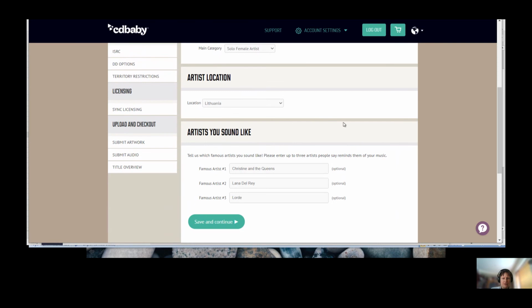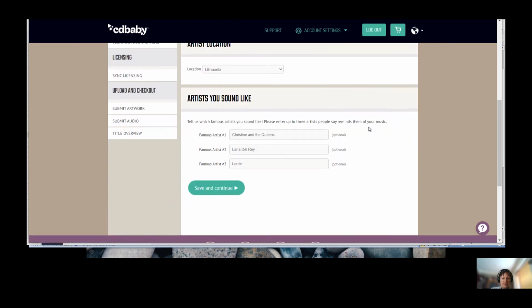Artist location is Lithuania in my case, and artists you sound like, 3 famous artists you think they sound like. You can go for very well-known names, and you can go with established names. So something in between is probably a good option here. If you really put the most famous name, what is the chance that you will stand out from the competition? Who 100,000 artists would do the same thing. So maybe some narrow spec would be good here, and focus on